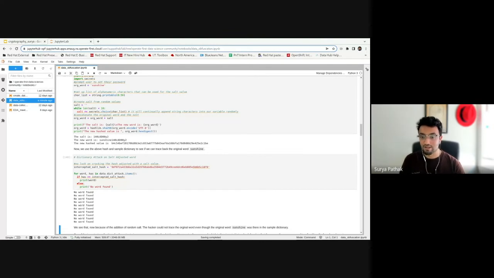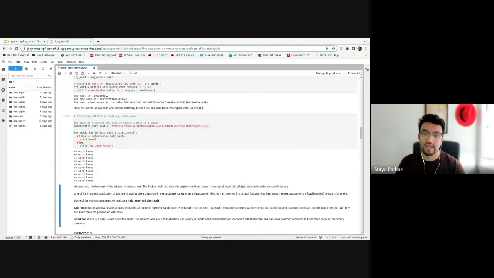But it will be retrievable because a hacker, when running through different random number generations of salts along with the corresponding word, will, however, be able to retrieve the word. So the issue that we are seeing so far is based on the speed of the algorithm